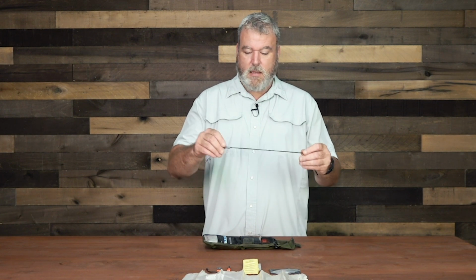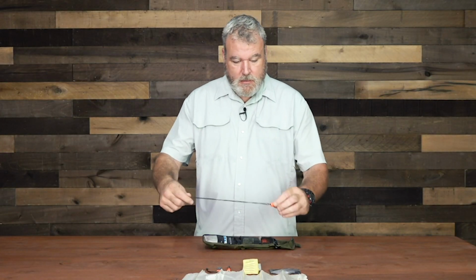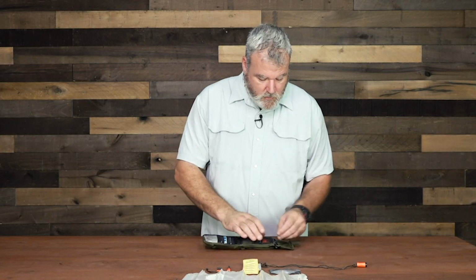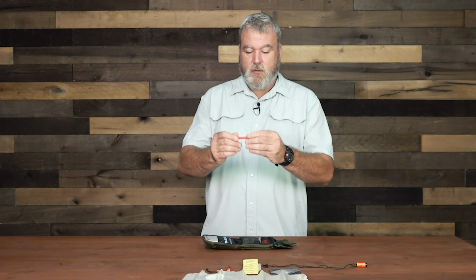Here I've used some bank line to make a lanyard so that this little white light can be worn around my neck. And that helps me at nighttime to be able to walk without falling off the cliff, and I can signal with it. This is a common drinking straw in a bright color,